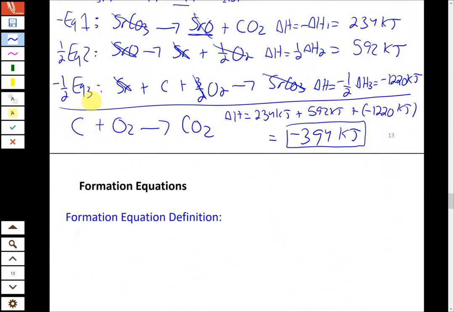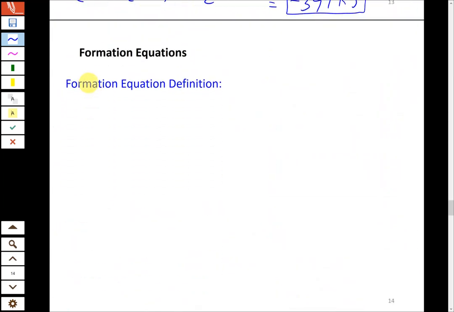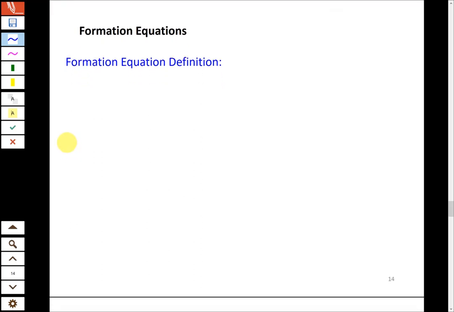All right, next thing we're going to cover today is what's called formation equations. This ends up being a more efficient way of getting delta H's for unknown chemical equations. So let's define what a formation equation is first. It's a chemical equation